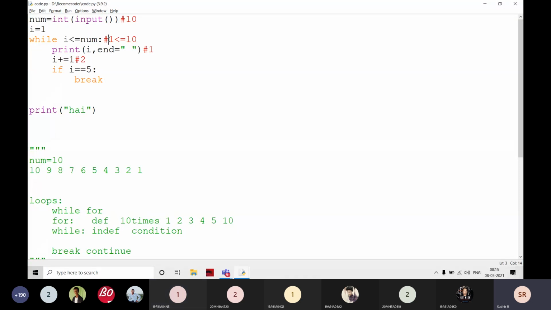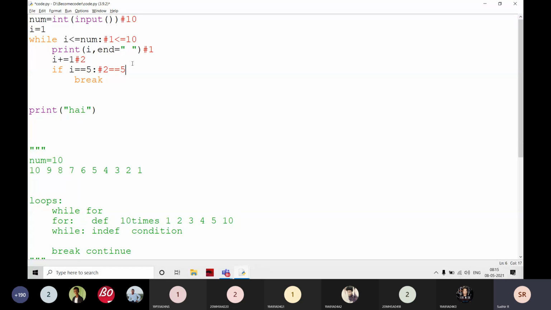The output is going to be, for example, the input is 1, 1 is less than or equal to 10, it is true. Then it comes here and prints 1, and then i becomes 2. I am going to check whether 2 is equal to 5.